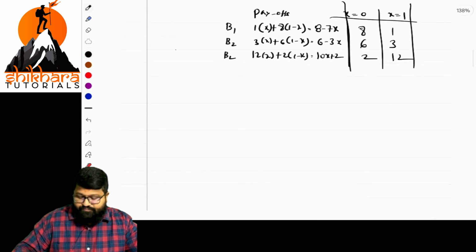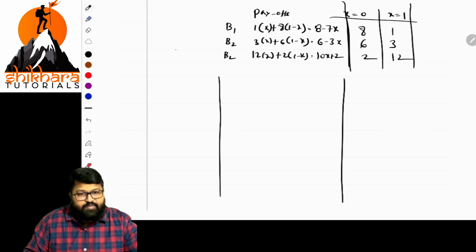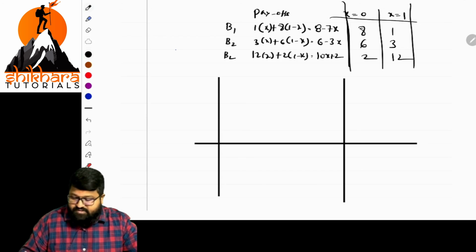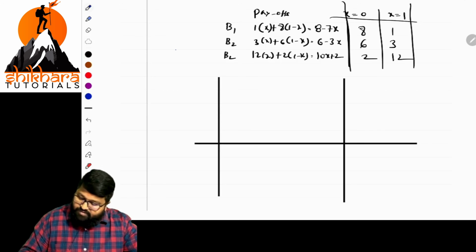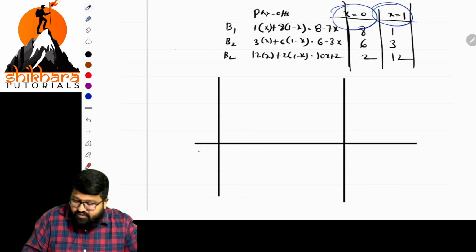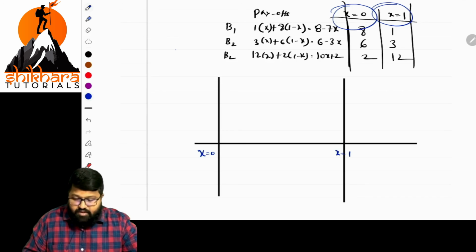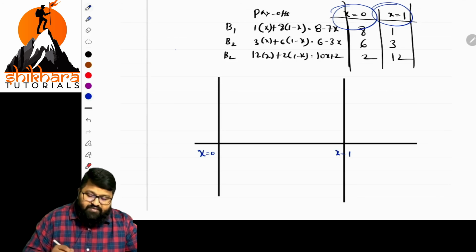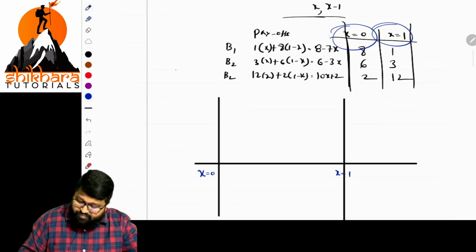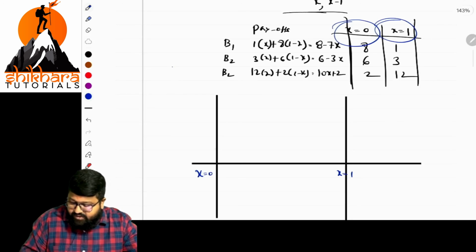How to plot, sir? Just listen properly, ma. Sir, we are having 2 lines mentioned there. And we are taking some axis there. Here he has mentioned x equal to 0 and x equal to 1. 2 values are given. So here it is x equal to 0. Here x equal to 1. Now we plot the points. Whatever points we are getting, we plot them in the graph.